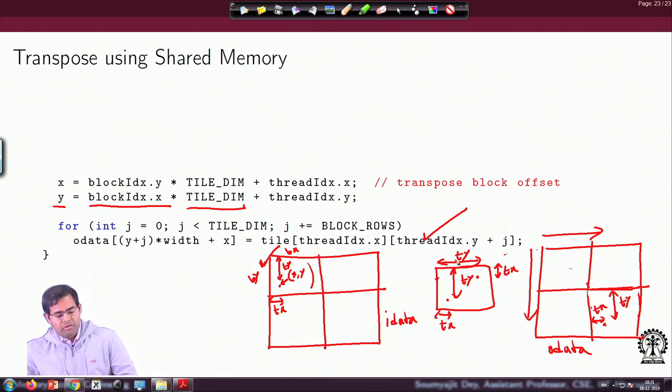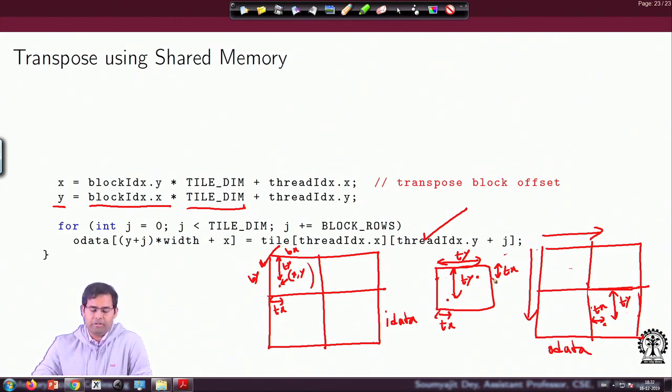So here, the first thing I do is use a different value of x and y. Essentially the thread will write to the same location in the block, but as a whole it has flipped the location of the block. Overall the block's location has been flipped, but inside the block I am writing at the same offset location. But I don't read from the identical location in the tile; I flip the input location in the tile. By doing this double flip, I achieve my overall objective of a flip from xy to yx. Question is, why am I doing that?